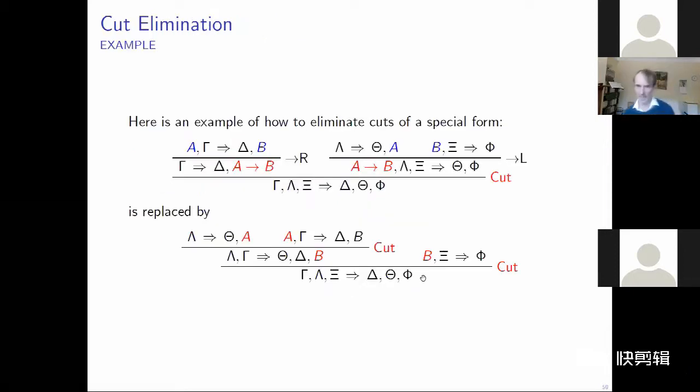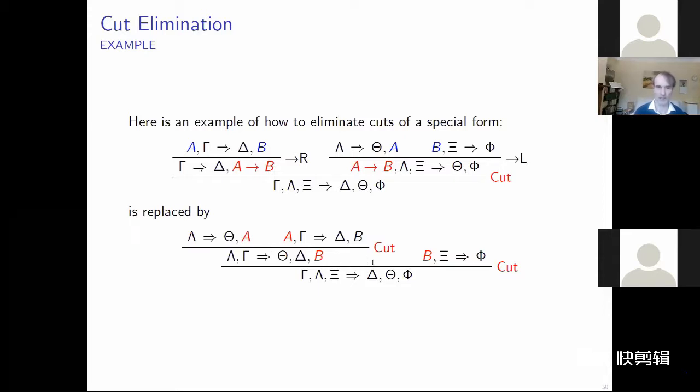Okay. And just to give the very rough idea here, the cut elimination theorem works by reducing the complexity of the cuts. So for instance, in the upper part here, we have a cut where the cut formula is of the form A implies B. And this piece of the deduction, view this as a piece of a deduction, can be replaced by this part here, which is slightly more complex in a certain sense, but it's less complex because it turns out we have